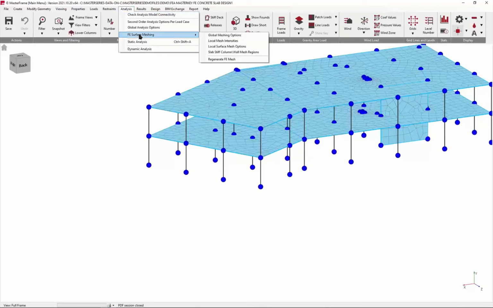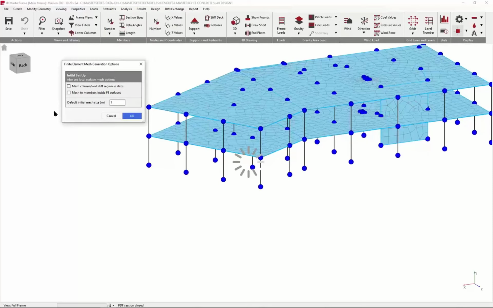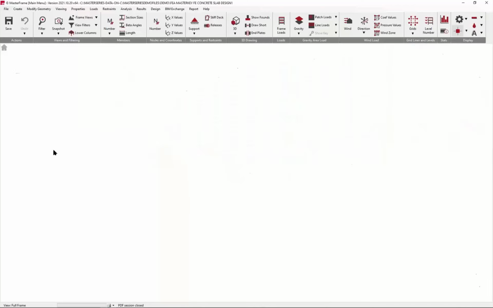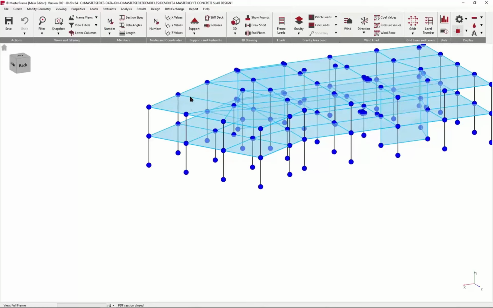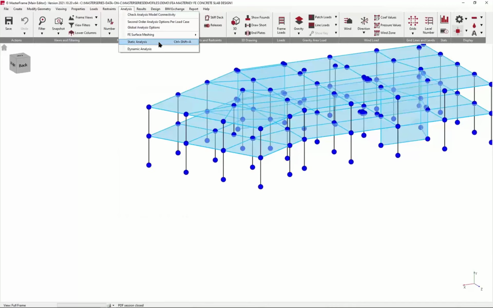when we go to FE surfaces, we can ask it to mesh inside, to members inside FE surfaces. If you think about it, there's a member here just for the pattern loading going from this node to this node, but there's no division of the FE surfaces. Whereas if I take that and say, okay, there should now be these lines to be used as part of the surfaces. If I was to go to here and say